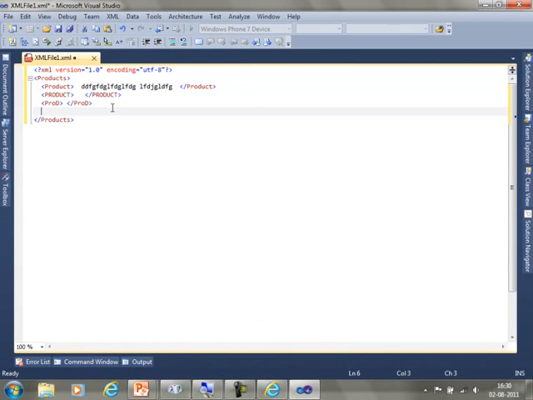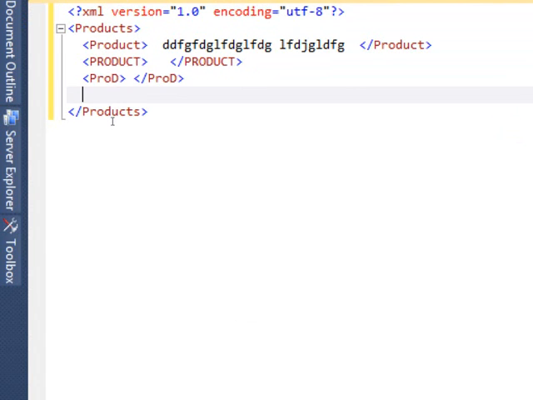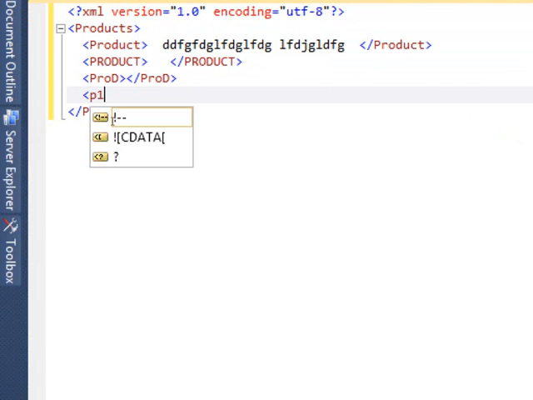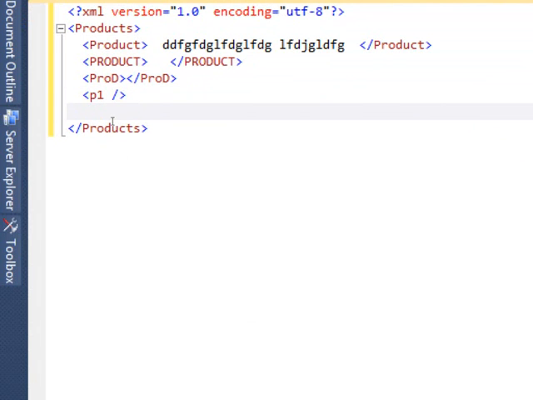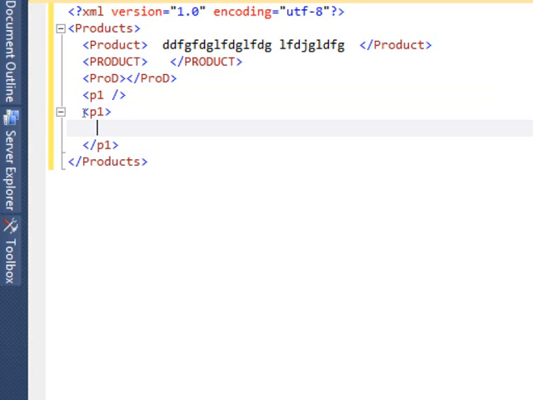Suppose you find that you don't have anything to write, for example in this case I have nothing to write here. In this case, I can write in this format. Now this is a shortcut for representing the other one. So this is an empty tag. This is called an empty tag. This one is nothing but a block tag which contains the open and close tags separately.